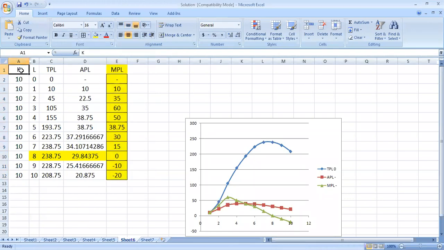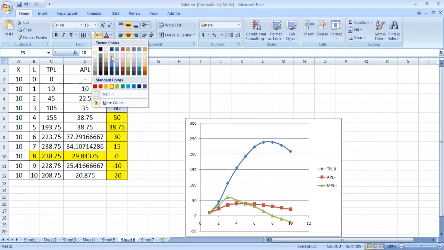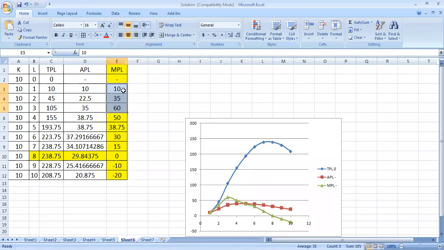Earlier we talked about laws of returns, and I told you that the laws of returns are based upon two laws: the law of increasing returns and the law of diminishing returns. So the column of marginal product of labor is developed on the basis of the law of increasing returns and the law of decreasing returns. The first component that I've highlighted with blue shade, from 10 to 60,